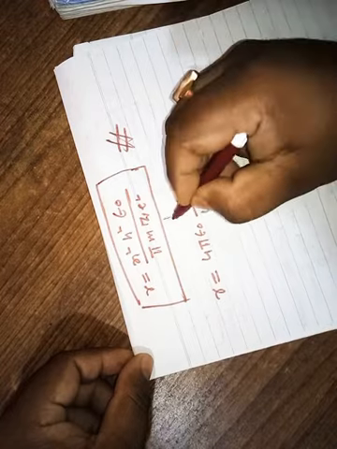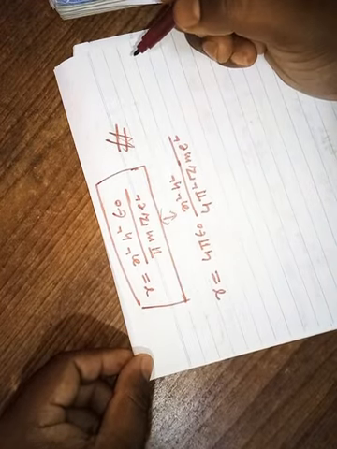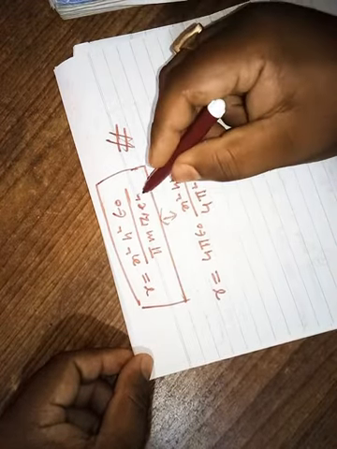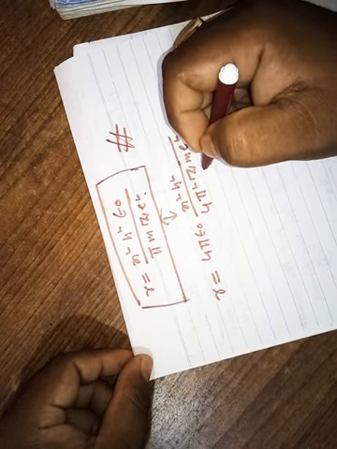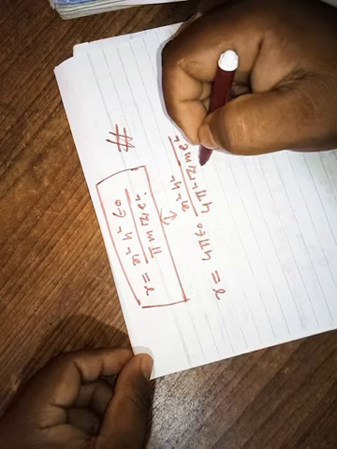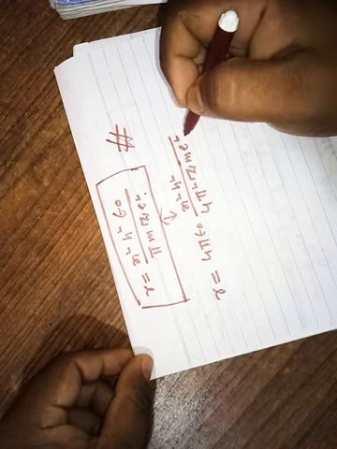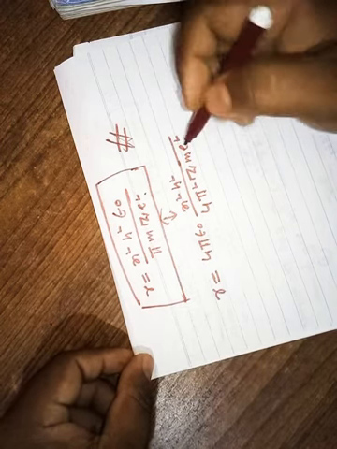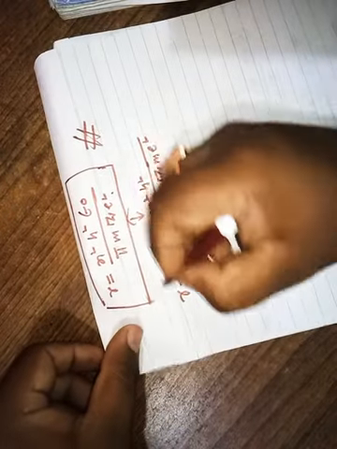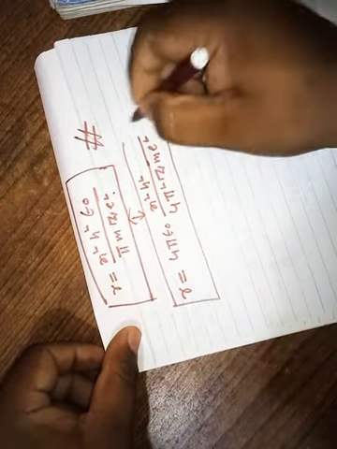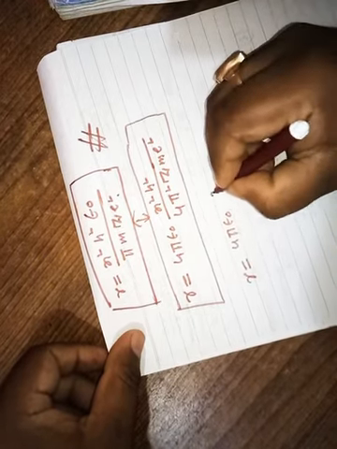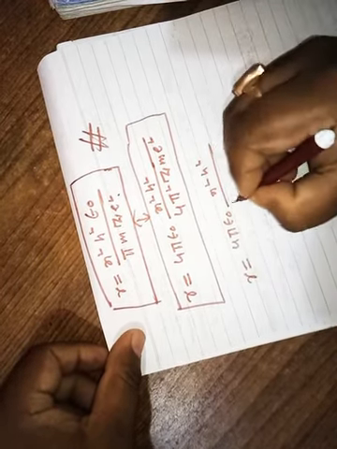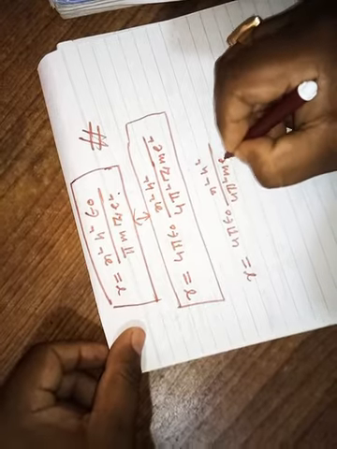So both the formulas are the same. Okay, if you want to remember it this way, that is your choice. If you want to remember it this way, that is your choice also. 4 pi epsilon naught n square a square, 4 pi square m e square into z. Now in some books, in the same formula, they will write it this way: 4 pi epsilon naught n square a square, 4 pi square m e square.